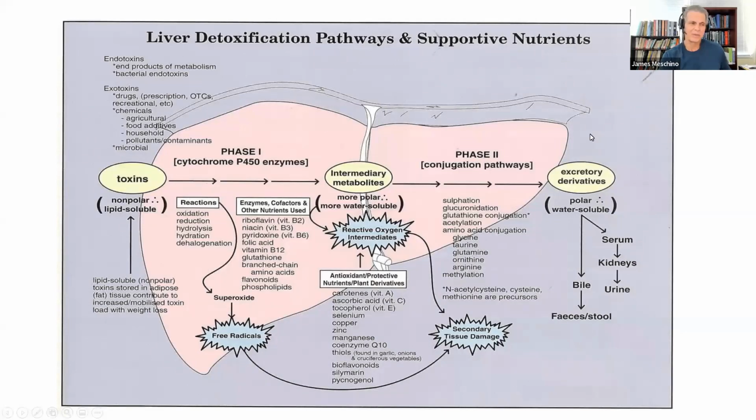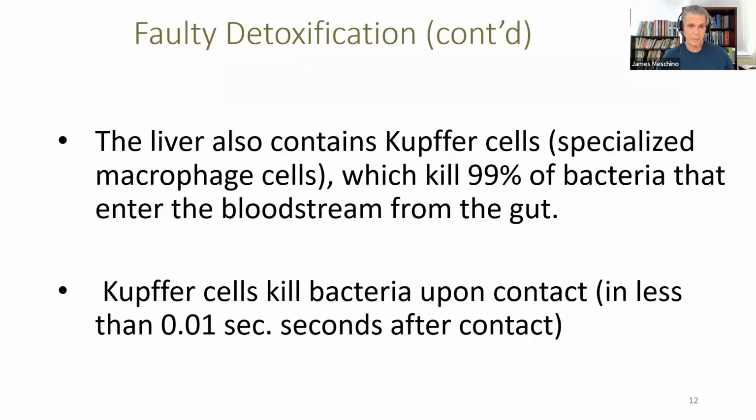it from the body so they don't do harm to the liver or to other cells if they escape the detoxification process and they circulate. What damage do they do to reproductive organ tissues, to other cells in the body where it might cause mutagenic changes? So faulty detoxification is what we want to be looking at so we can correct it. But before we get to that,